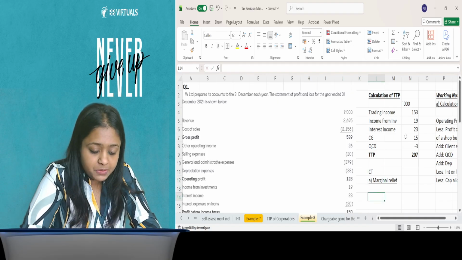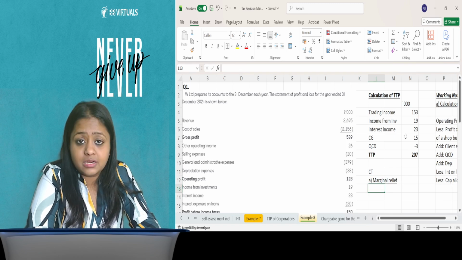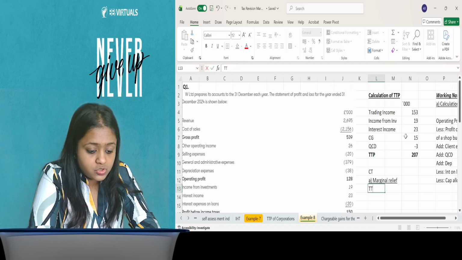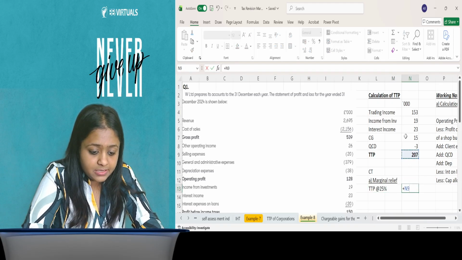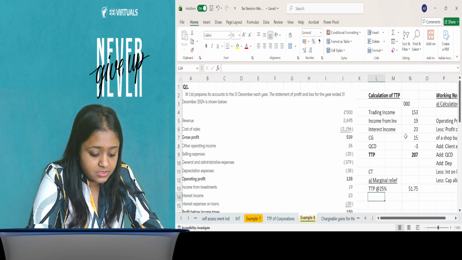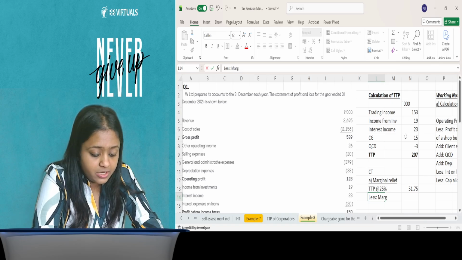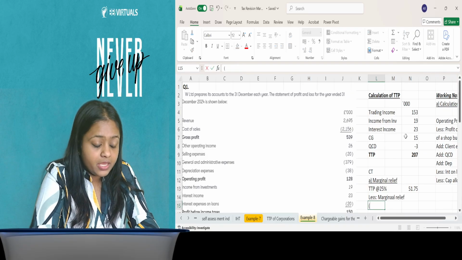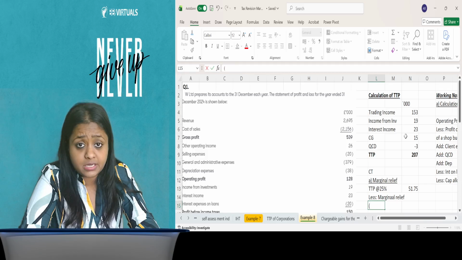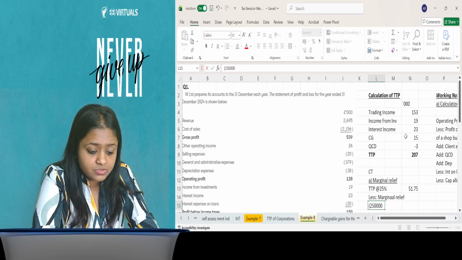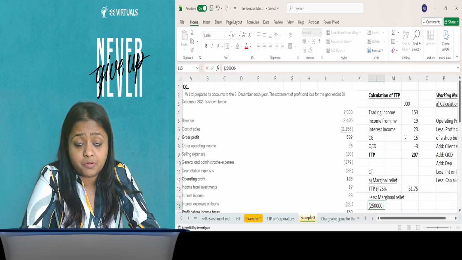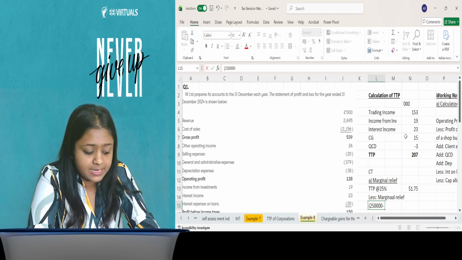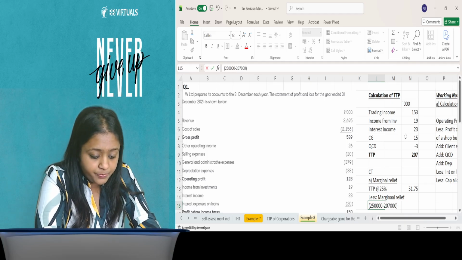So corporation tax will be, step 1, calculate the tax at main rate. So on the TTP you will apply 25%. So that will be this multiplied by 25%. Now you will reduce marginal relief. How do you calculate marginal relief? Please look at my screen. We will take the upper limit threshold, which is 250,000. From this we reduce augmented profits. Now here we don't have augmented profits which is different than TTP, so I'll take the same profits, 207,000,